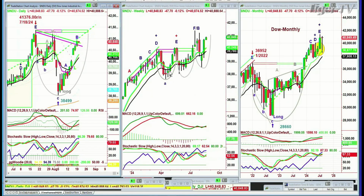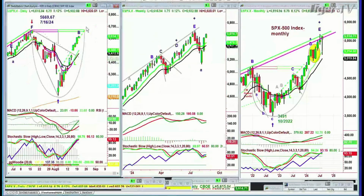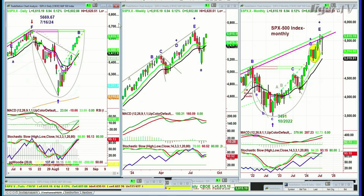Okay, with that said, I don't want to get too much into the weekly chart, but the weekly chart's still very good. S&P went to a higher high today. This one's got a left side, right side price time match to the plumb line of August the 5th. Did I forget to type that in? I did. So that's 51.1926. So here we go. 51.19.26, and that was